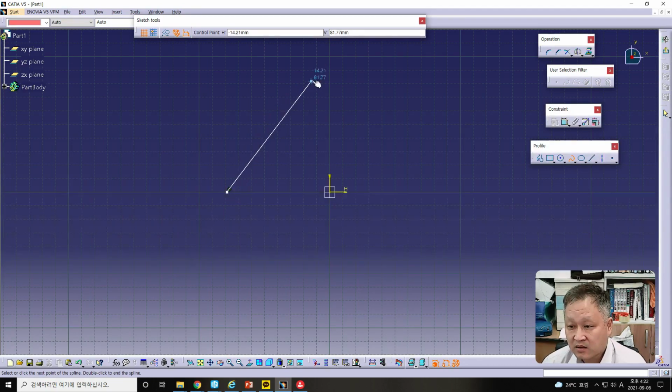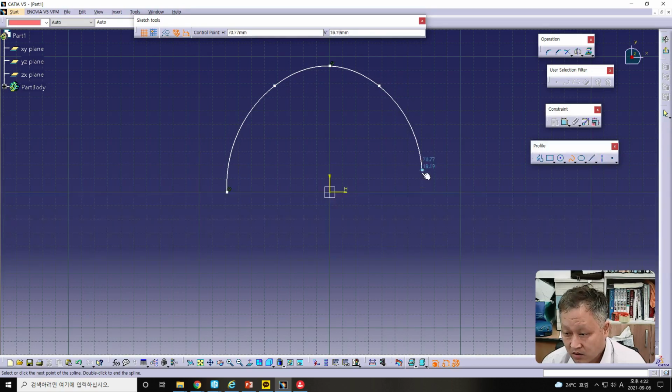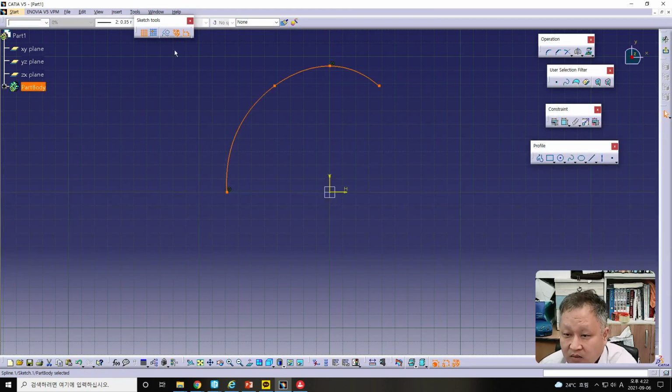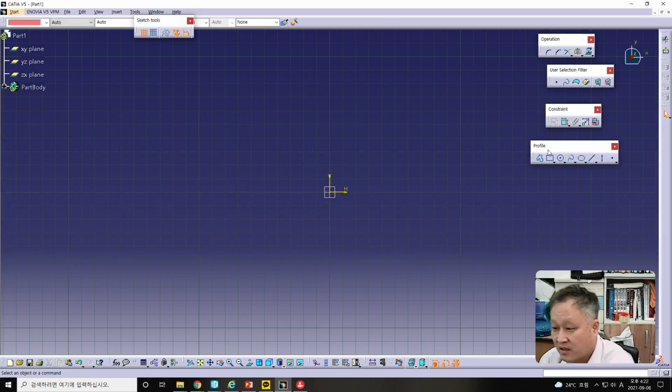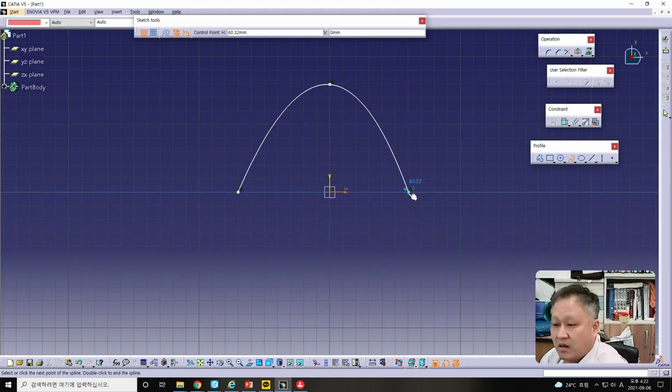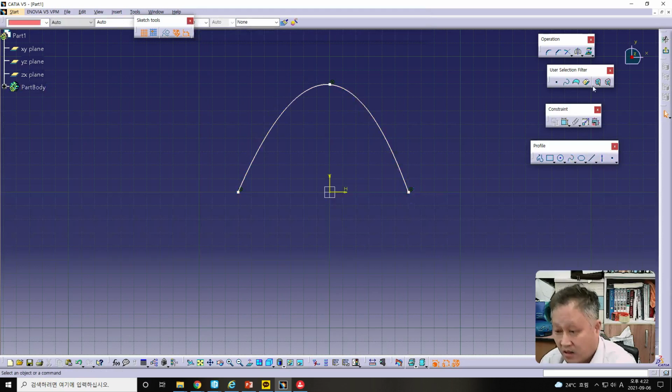Okay, and also we can make the spline line from this. Oh, I'm sorry, I will make it again. Here, here, here, and exit from it,